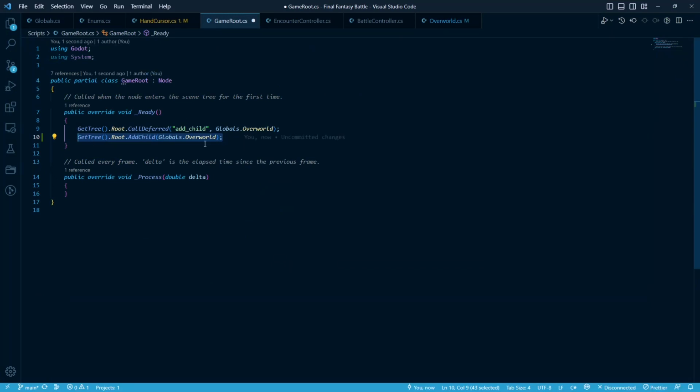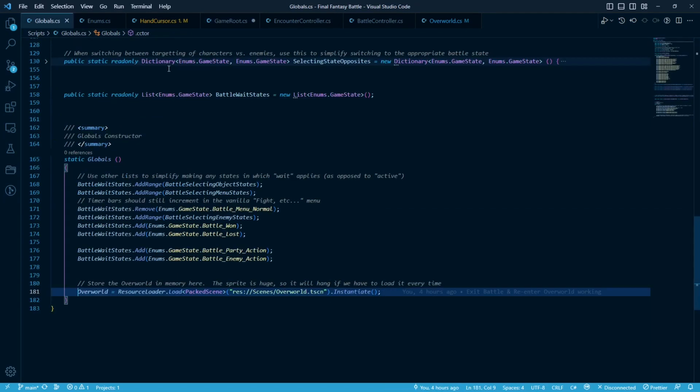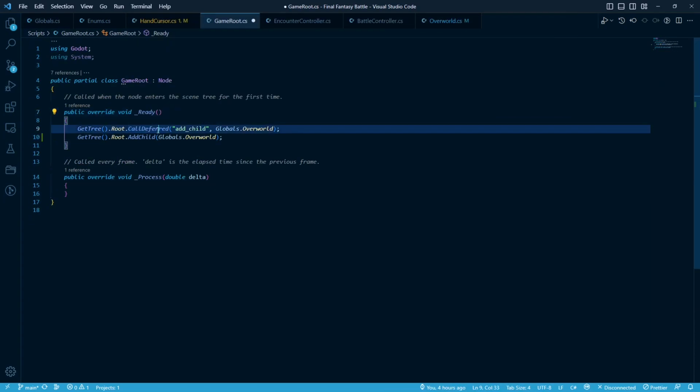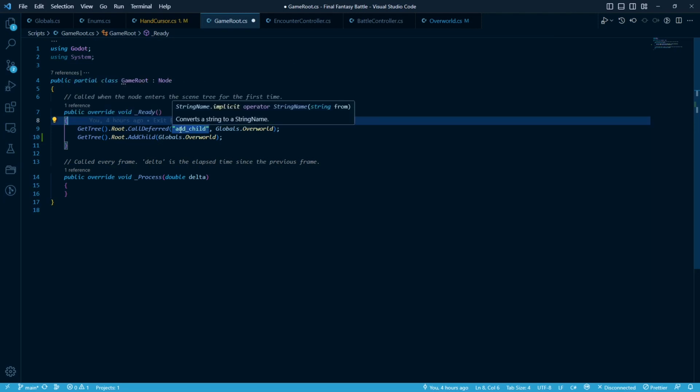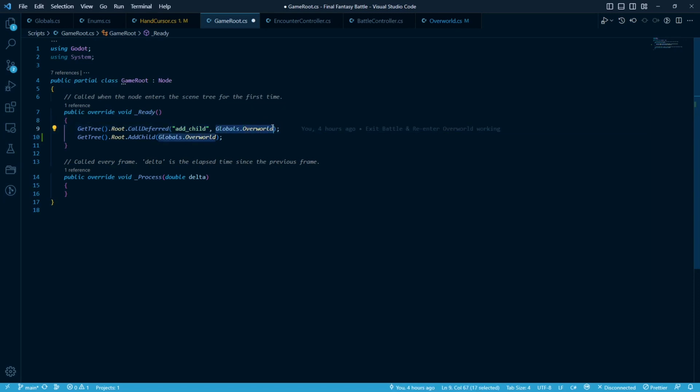But like I said, that scene takes a good 5 seconds for the global script to load this in here. So if I do this, it's going to try and do it before this is loaded. That's no good. So that's where call deferred comes in. What this does is it waits for idle time, which will by definition be after it's loaded. You just specify the method and then the arguments to the method, so it's the same exact thing as this